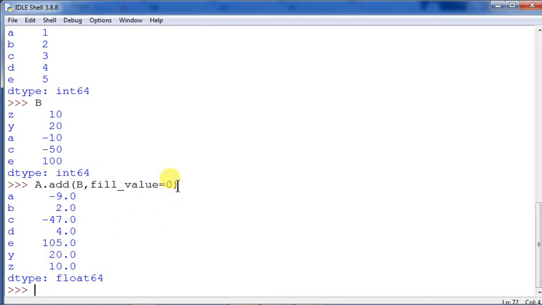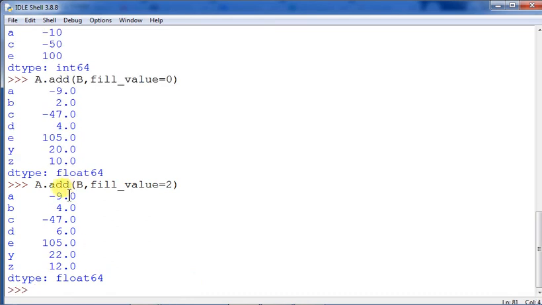Not only that, if you want to fill up with some other value, that also can be done. It is not only 0. Any value can be given over here. If you are giving, say, 2 out here, then you see the output. Everywhere, wherever there is no value, that 2 has been added. Wherever you find nan, there the 2 has been added, because 20 plus 2, no value, so 22 it has become, and 10 plus 2 has become 12. So in this way, by using the fill_value parameter, we can easily fill the values.